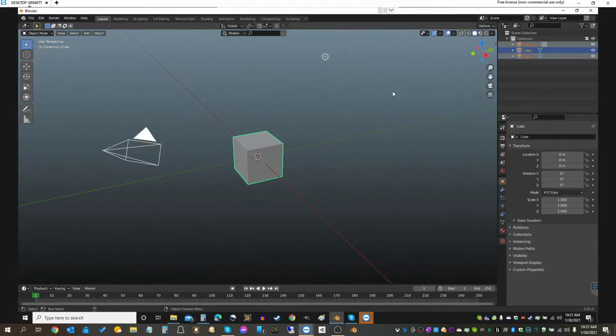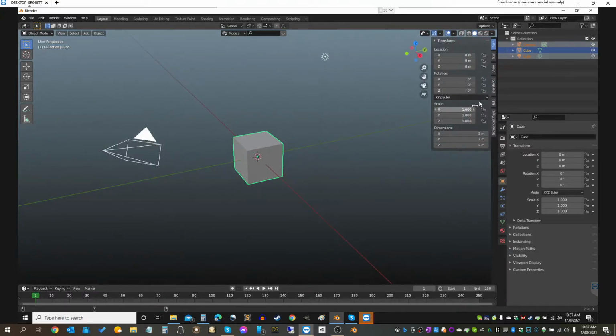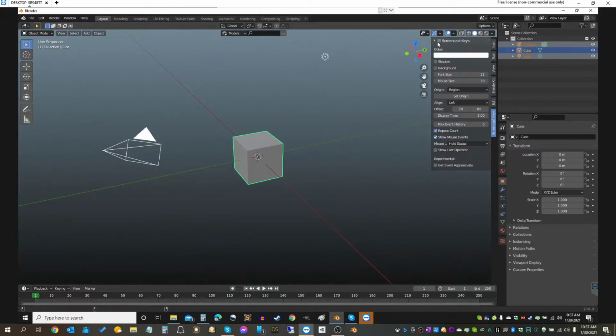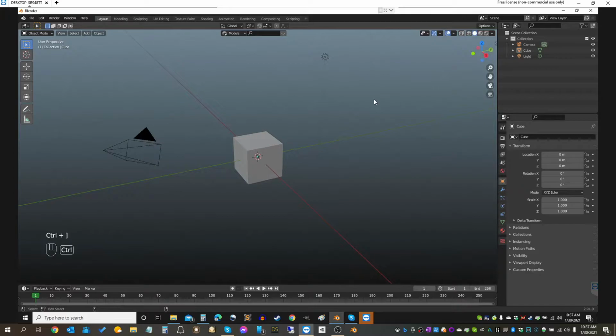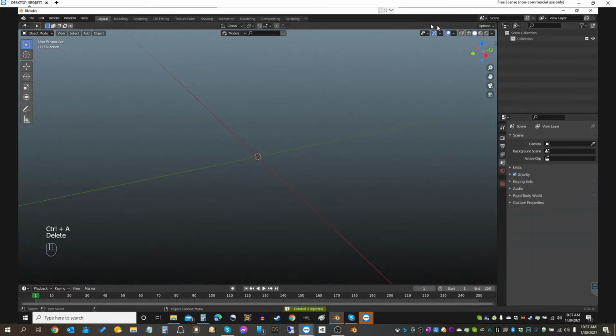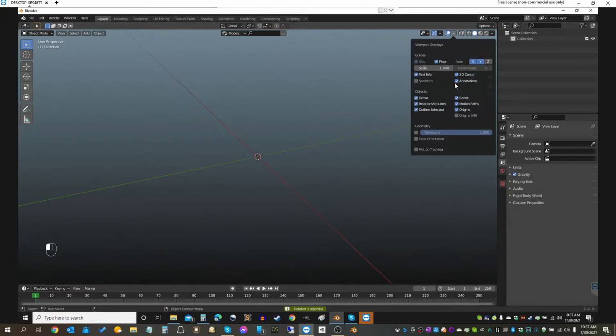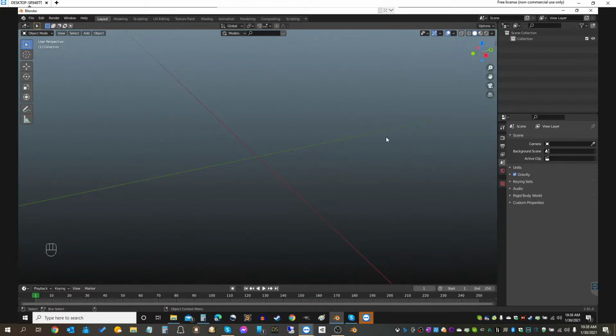Oh, hold on. I think my screencast keys gets turned off all the time. Okay. Turn on the wireframe. Okay, so now we're going to do